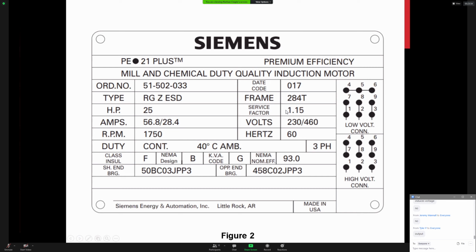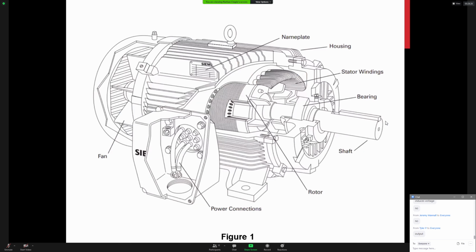Service factor is a variable that is used to set the rating of overload protection. Now, a variable frequency drive is a motor starter with extra capability, which means that it has to be able to stop and start a motor and provide what's called running protection for that motor. The service factor is a number that we use to determine the overload protection. But what a variable frequency drive will do is it actually will go in. It has a feature called auto tune, and it will electrically measure the characteristics of the stator,